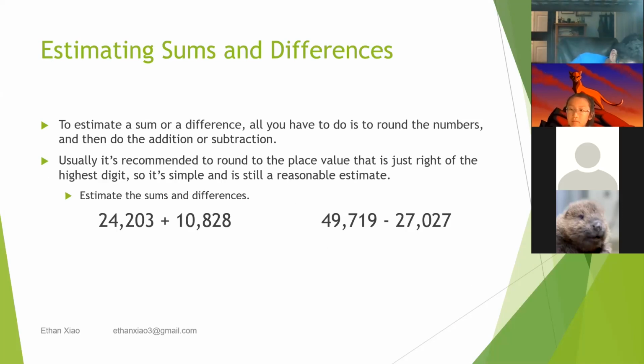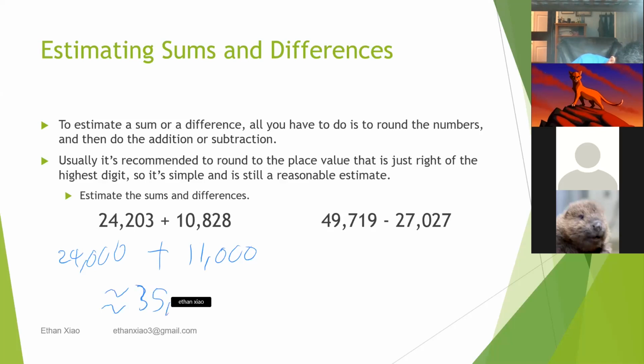So what I do is I round both of these numbers. So 24,000 and 11,000. And I add them and I just estimate it and I get 35,000. This sign is actually the sign for an estimation. So that means it's not equal, but it's still pretty close. This is what you use when you show that you're estimating something. And the next problem I'm going to do is